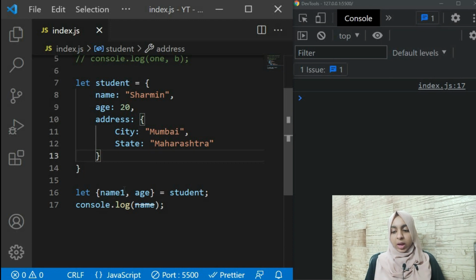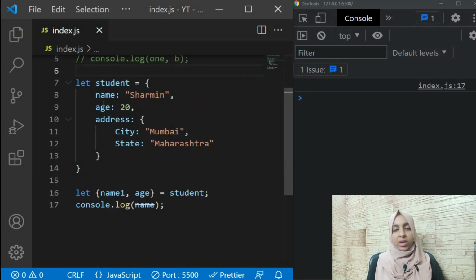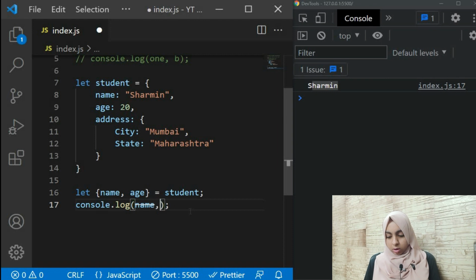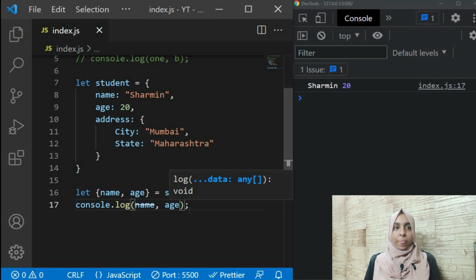So here what actually is happening is, your name is what matters. In array destructuring we gave it a name of 1 even though it was an a over here, but it didn't actually make a difference, it gave us back our values. But in object destructuring it is not like that. Name is what matters. So here we have our name, so when I save, can you see you get back the name? And let's also log the age, and you see we also get back the age. So this is how your object destructuring works.